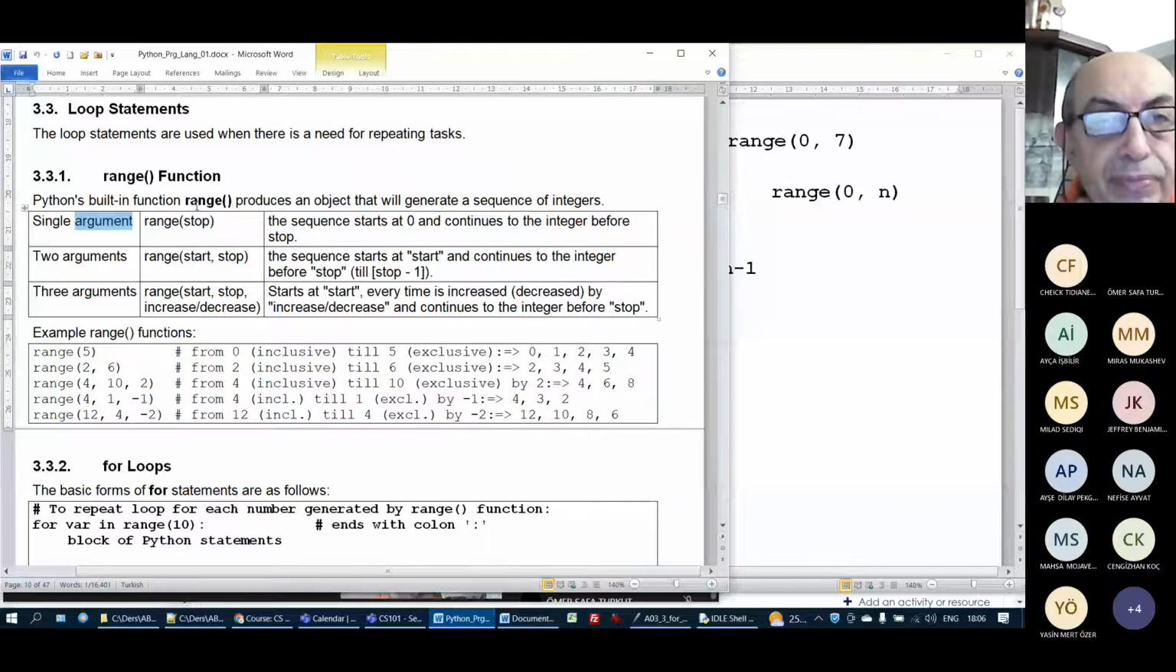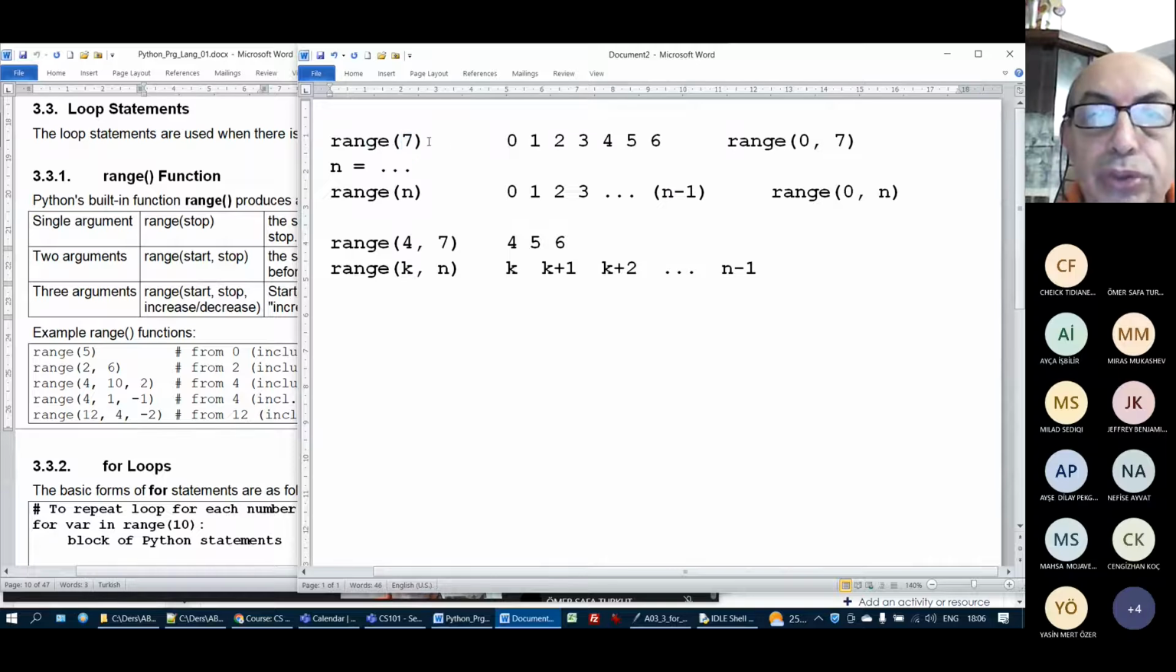The range function is used for producing integer numbers. It can accept a single argument, two arguments, or three arguments. In the case of a single argument, it produces numbers starting from 0 up to and excluding the given number. If it is, for example, 7, range 7 will produce 0 and then 1, then 2, 3, 4, 5, and